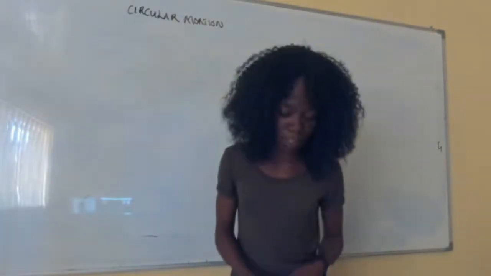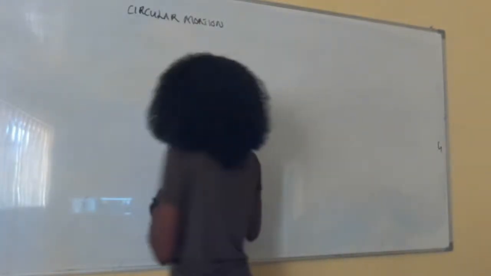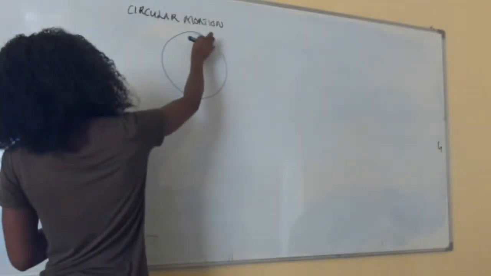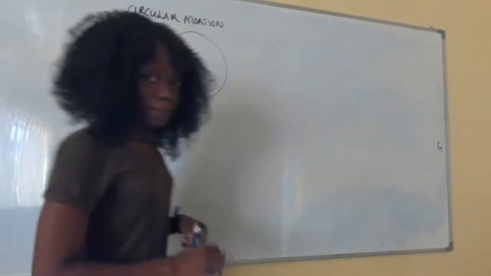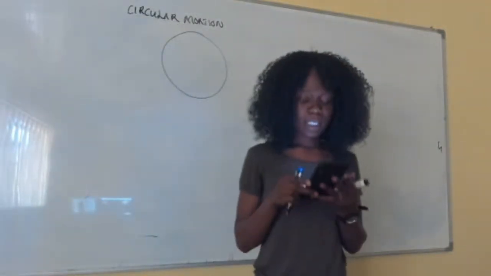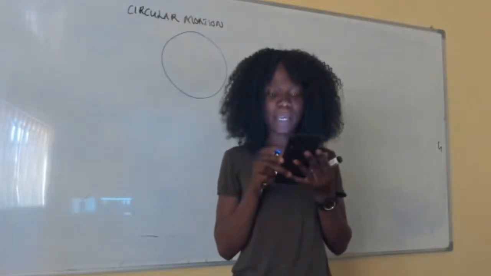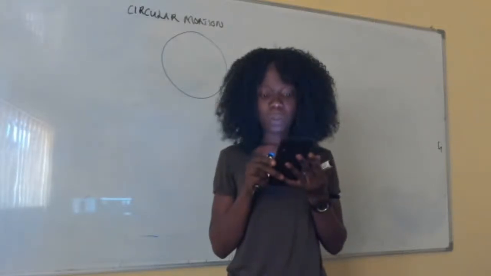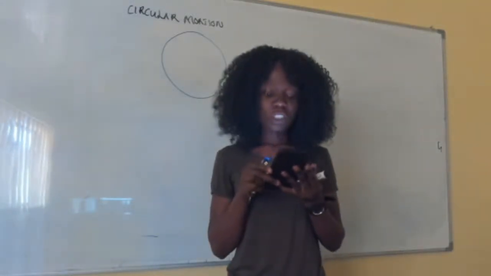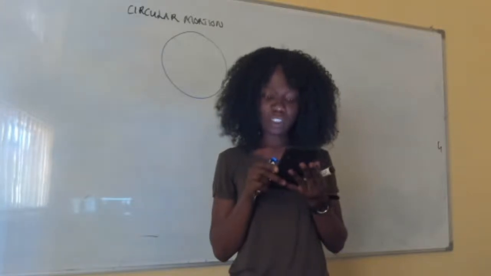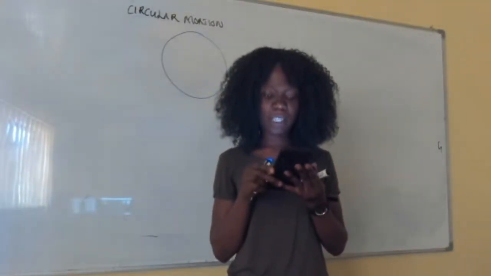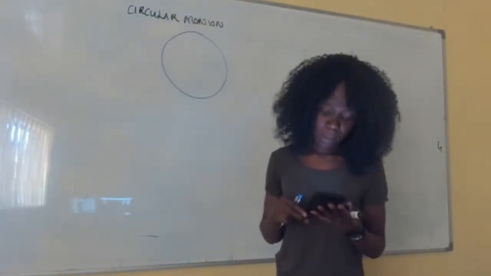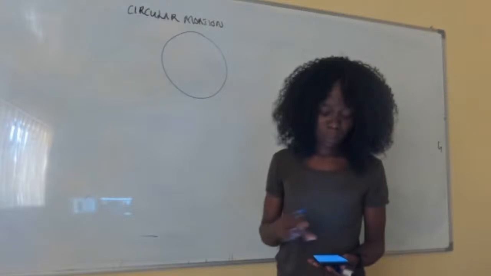I'm writing something on the board so that we should just make sure that you're able to see. So that is on question 2. The question says, a ball of mass M attached to a massless string of length R is being wheeled in a vertical circle as shown. Show that the minimum speed that the ball needs at the top of the circle in order for it not to leave the circle is given by root of RG. So we want to show